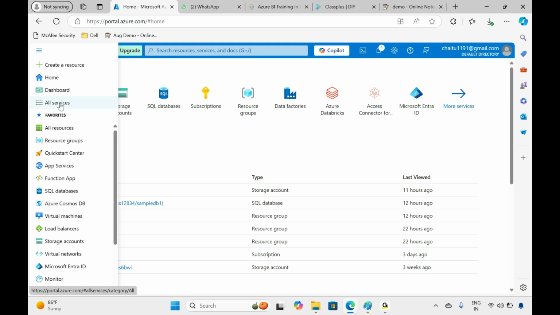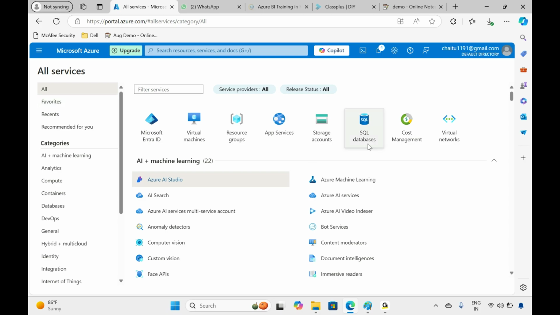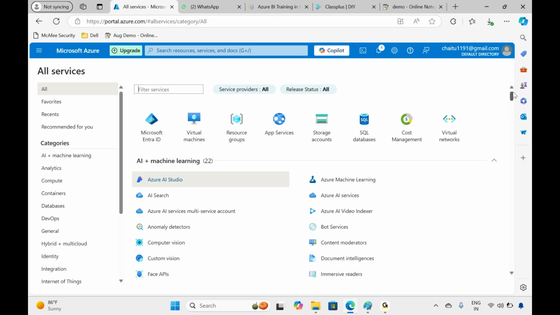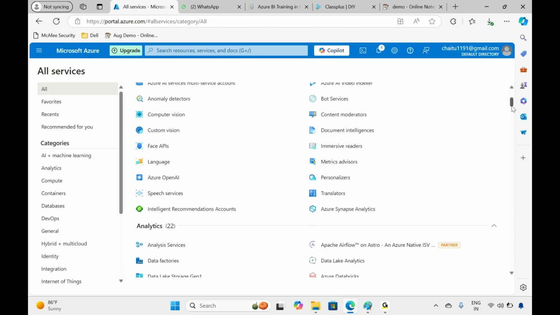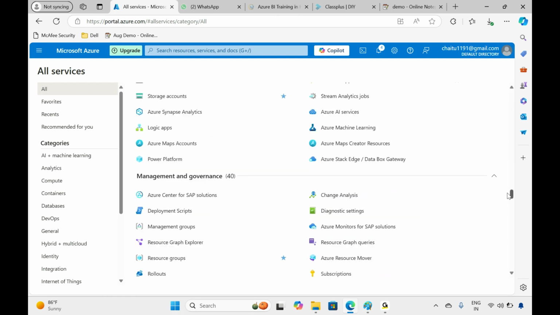You can see all the services. What do you mean by service? Each service you can consider as one software. Already all the software they have installed in their data centers. Simply you log in to portal.azure.com and access whatever services you want over here. Okay, whatever services you want, you are able to use over here. So this is how we can do things, all the services whatever is required here.